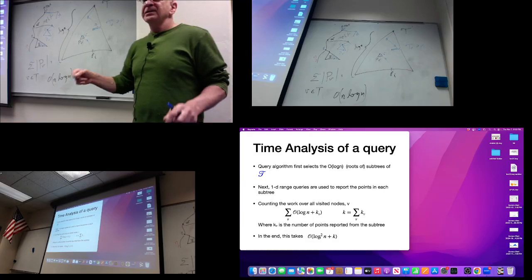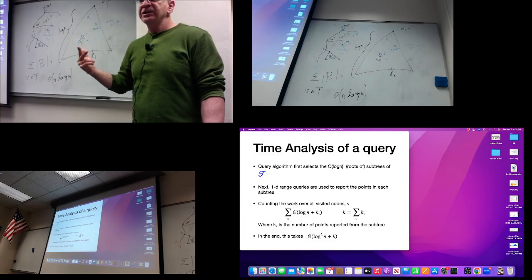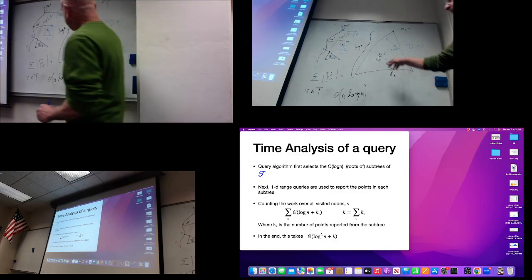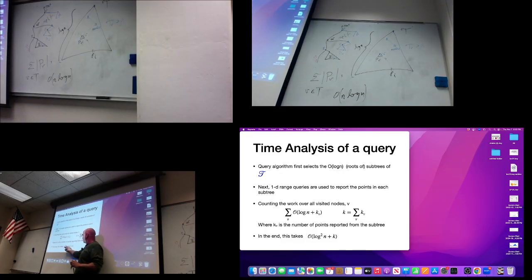All these subtrees are disjoint enough so I don't need to double check. So for every subtree that is in the range, I add the number of points I need to print, plus the log squared